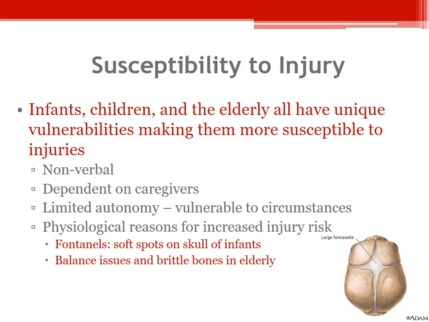When we talk about infants, for example, they've got these things called fontanelles. They're soft spots on the skull that allow the skull to compress during birth, and they eventually harden up over time as the infant grows into toddlerhood and then to young childhood. But for the first several months, there's some soft spots in both the skull and other bones that make infants more susceptible to injury, particularly from things like accidental falls compared to older children.